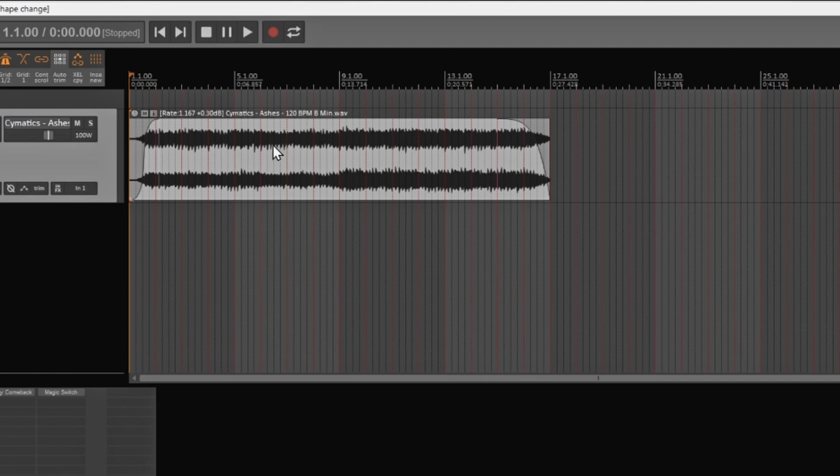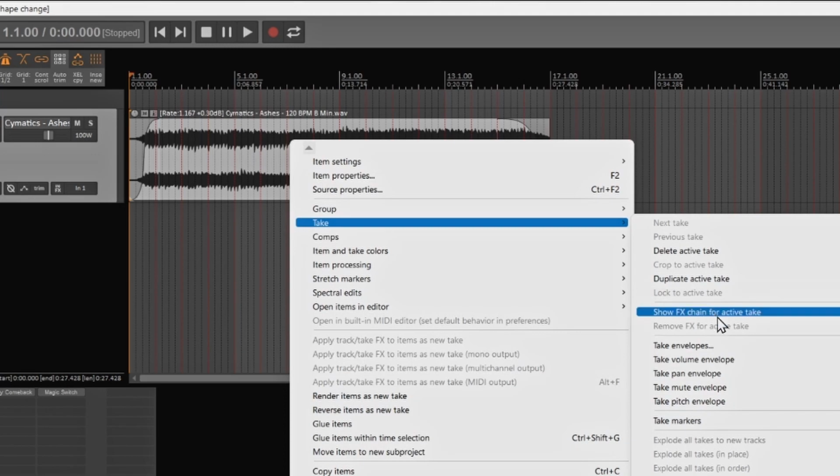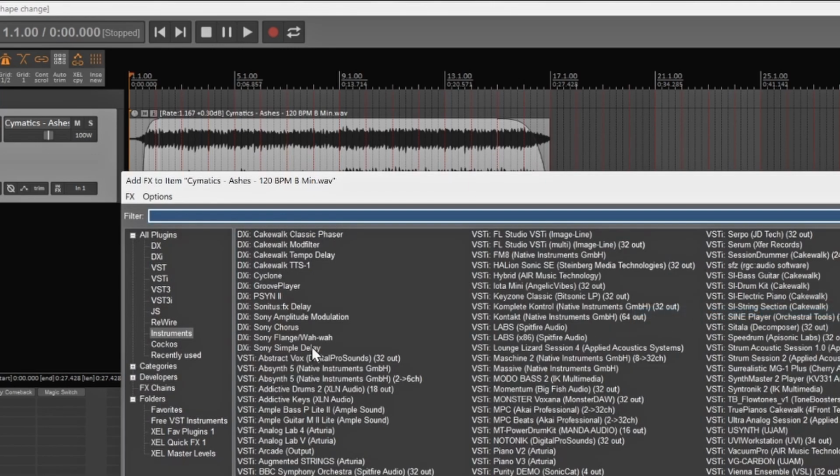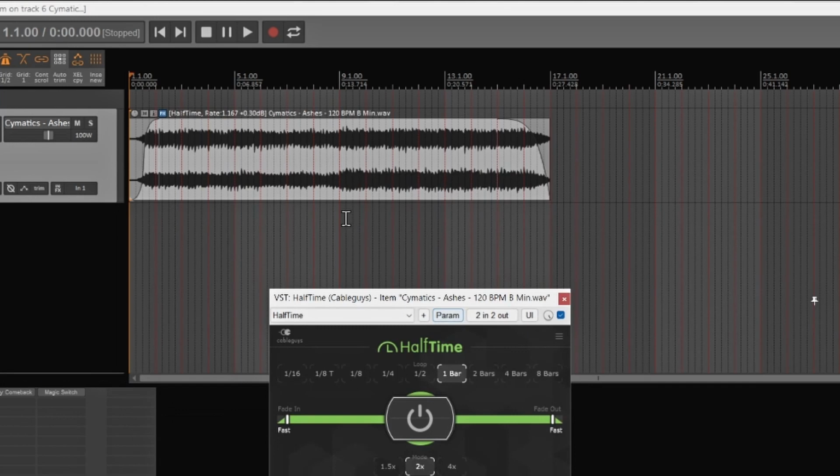And what this does that FL doesn't do is if you right click on here and I go to take and I show effects chain, I can add effects directly to the audio. So let's say I want to put halftime on here. So I can add halftime directly to the audio itself. And right here is the little effects for it. So now if I play it,